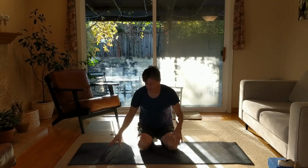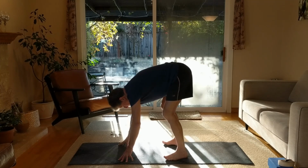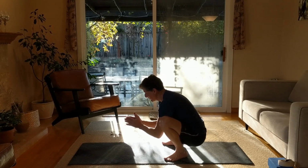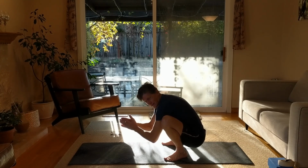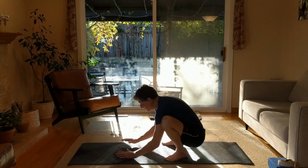So we'll start from the squat. So we'll take the feet wider, pretty wide apart. But my feet are pointing out, so the heels are closer to each other than the toes. And then we're going to push the arms into the legs. And try and get the back a little bit more neutral. And this is a nice hip stretch. If you just want to hang out here, that's fine. You don't have to go any further. But if you want to try crow,